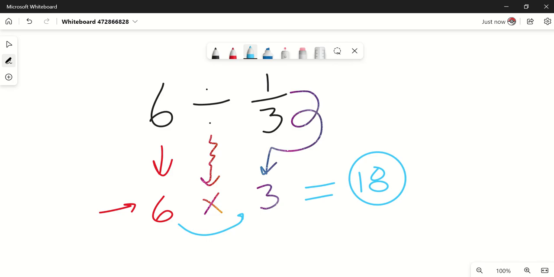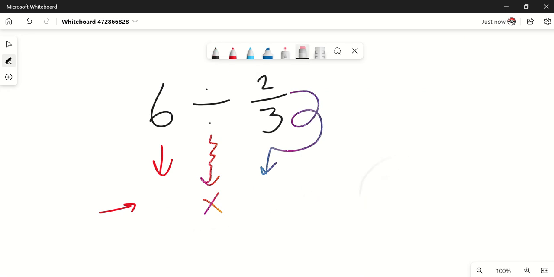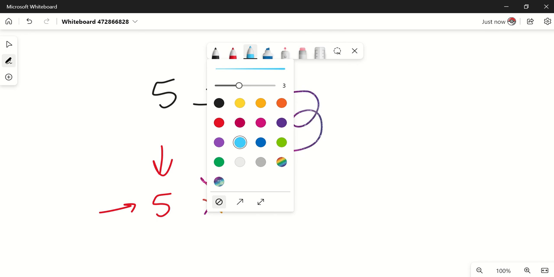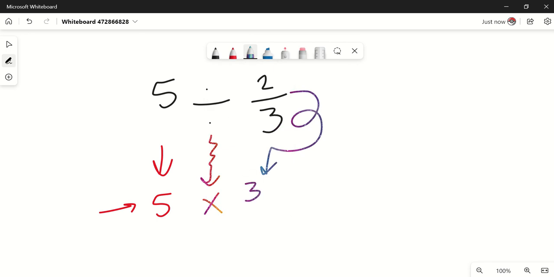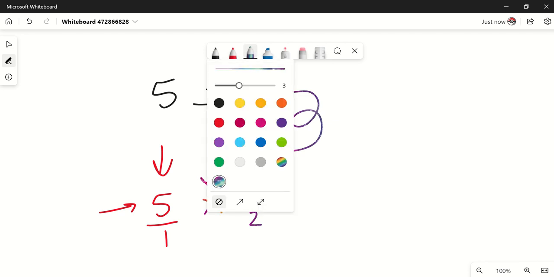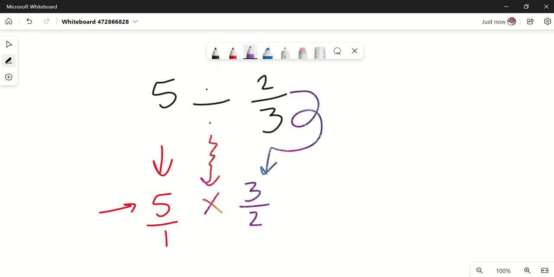For E, 5 divided by 2/3. And we said it was 5 divided by 2/3. So 5 will still come down as 5. The division symbol still comes down as multiplication after we shake it up. 2/3 will be flipped and become 3/2. I will need to put that 5/1, and I will need to multiply. I cannot cross simplify here because 5 and 2 have nothing in common, and 1 and 3 have nothing in common. We're just multiplying straight across. This will become